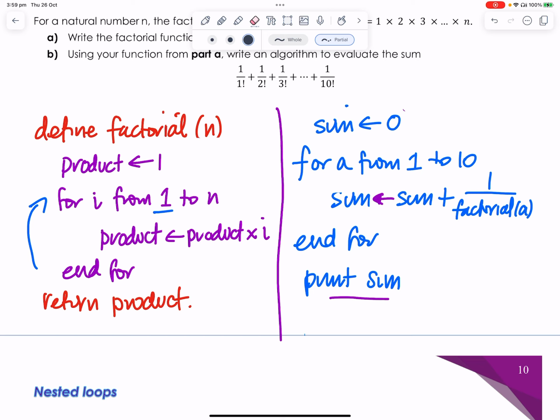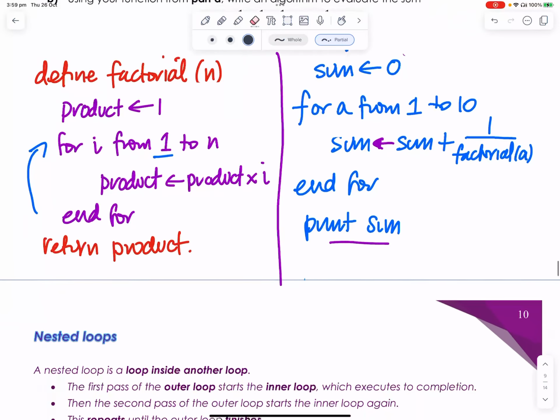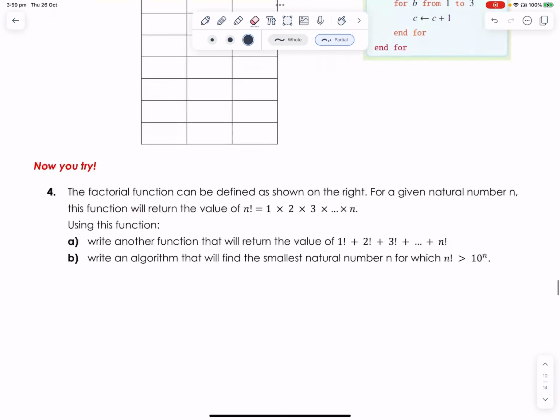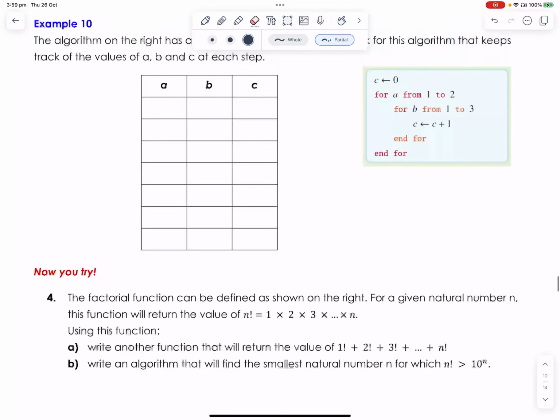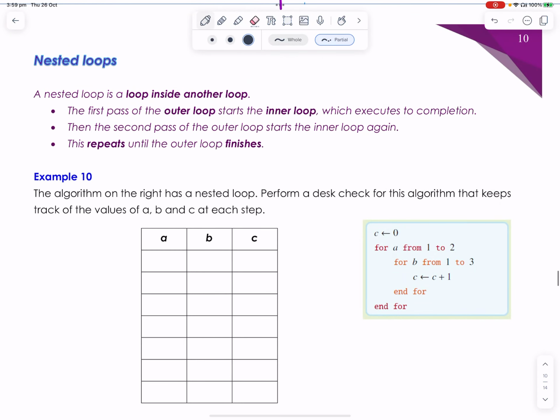So that's it. Now you're not going to have to make something like that. The last thing we do, and it's really probably definitely not something you're going to do, is called nested